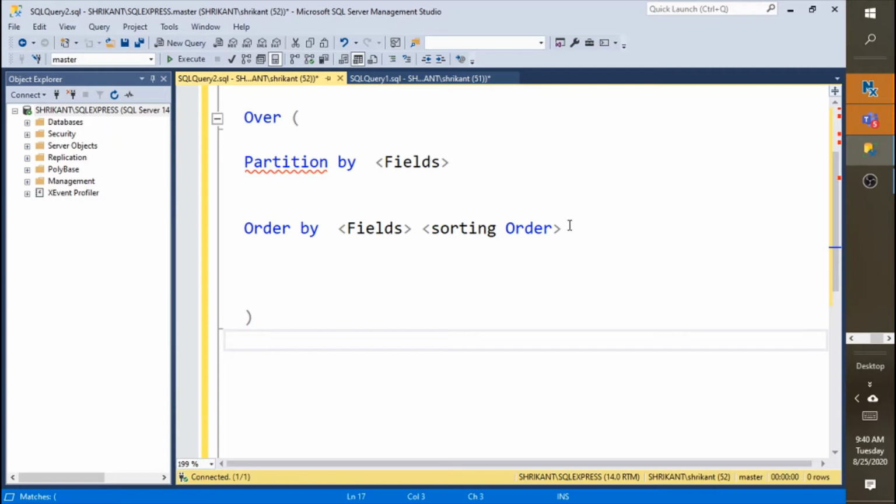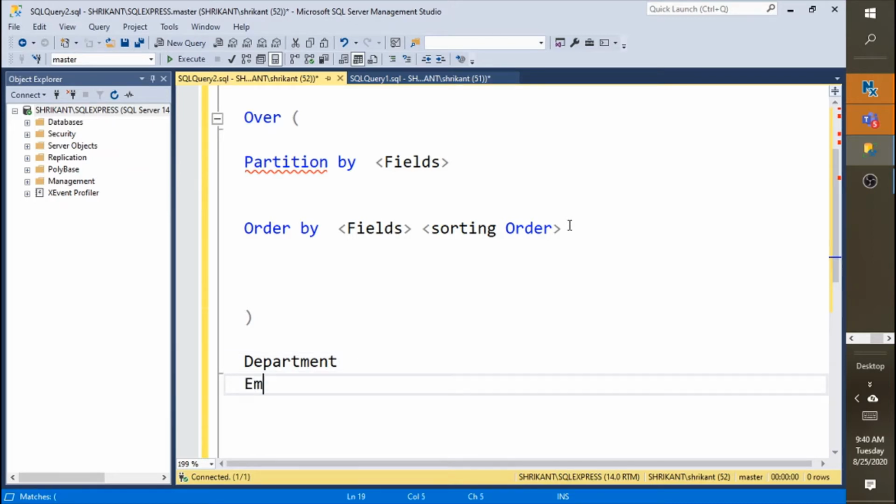For understanding the ranking function, we should have proper data. So we are going to create two tables. The first table is department. The second table is employee. Let's understand the schema. The department table would have two columns.